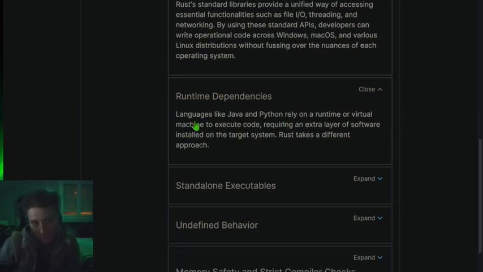Runtime dependencies. Languages like Java and Python rely on a runtime or virtual machine to execute code, requiring